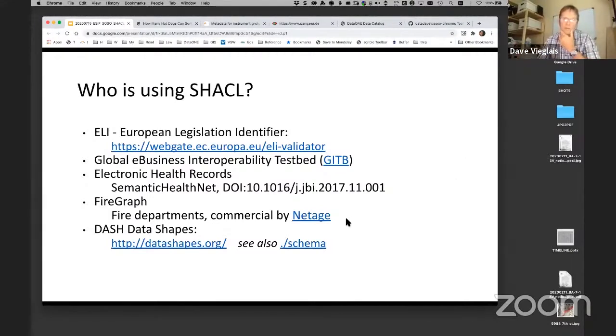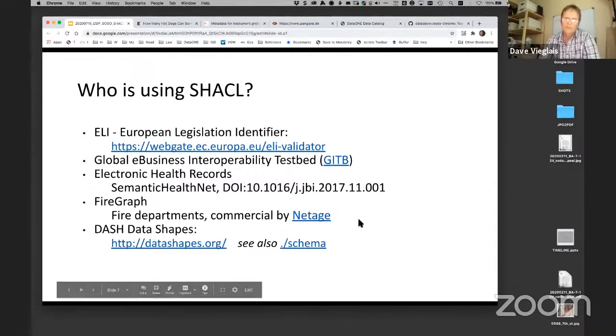This implementation by Netage is really interesting. It's for fire departments, and it's basically a system that could be implemented or deployed by municipalities, large groups, which manages spatial data and forensics data and current real-time traffic and so forth to help fire departments really efficiently deal with fires, and the various, you know, controlling the risks associated with that and minimizing expenses and so forth. It's really a very interesting application.